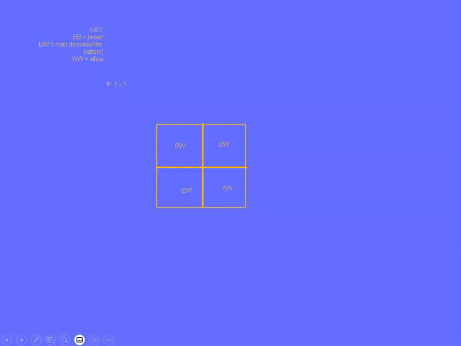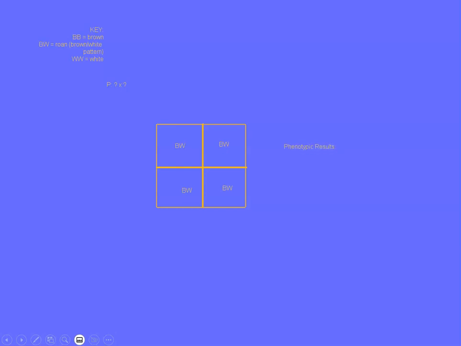If it has a B and a W, or one allele for brown and one allele for white, then they're going to have that roan color pattern, which has both brown and white in some kind of pattern. And then if the individual has only the alleles for white, then they'll be fully white fur. So the question here is, what are going to be the genotypes and phenotypes of the parents to result in 100% roan offspring? So I've gone ahead and filled in the Punnett square to show the results,